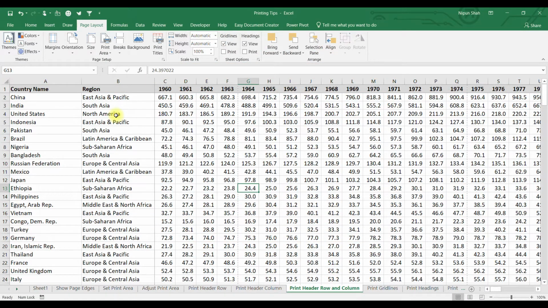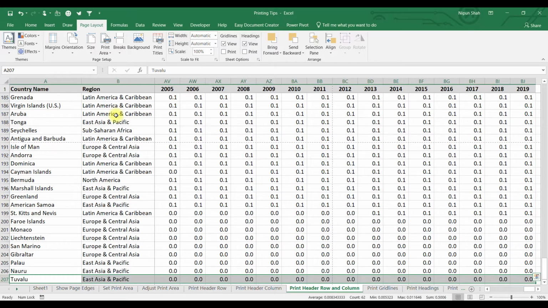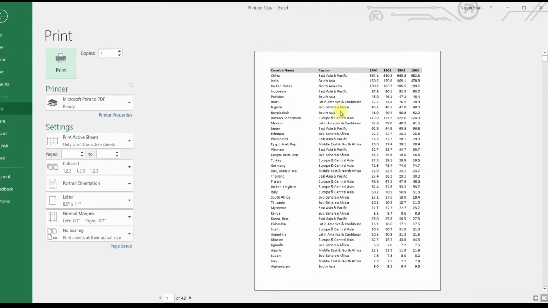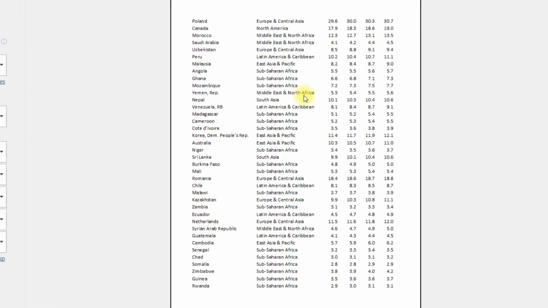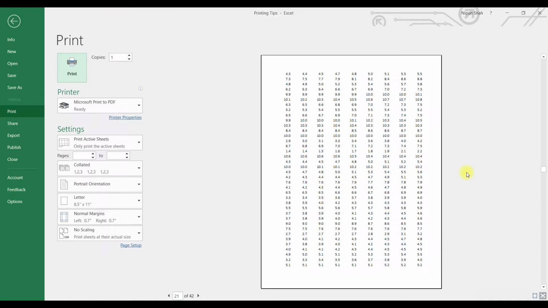Guys, for this step I have a huge table in Excel to be printed, having more than 200 rows and more than 60 columns. Now if I go to the print mode, I can see my headers on page number 1, and if I scroll down, my column headers are gone, and if I scroll down further, my row headers are also gone.